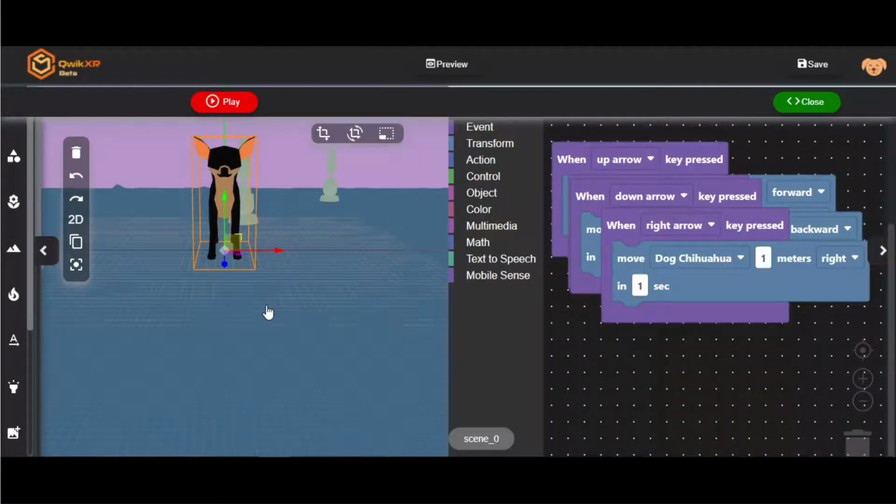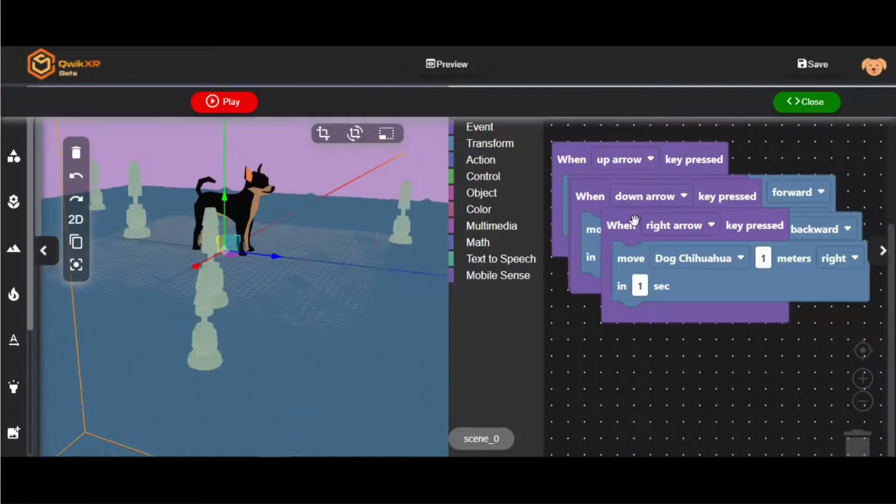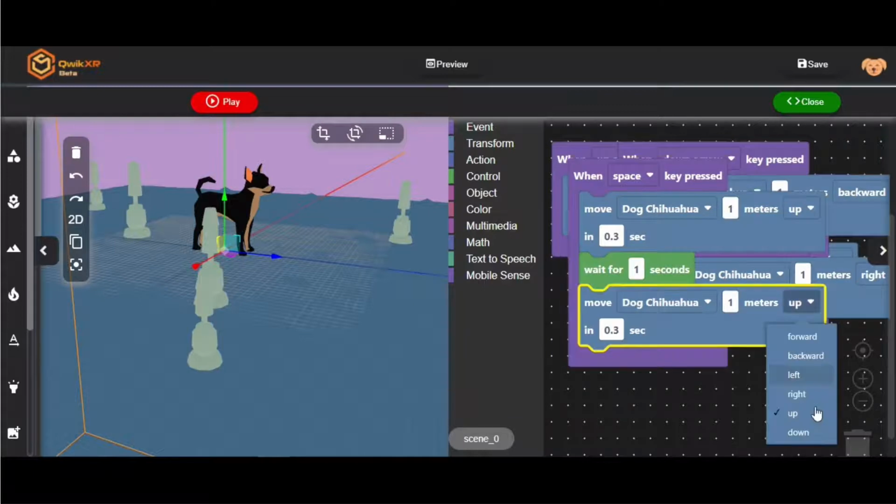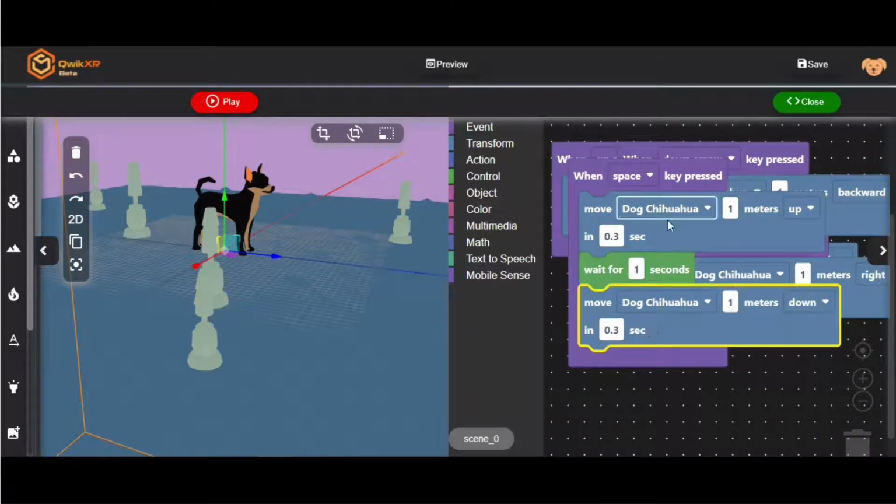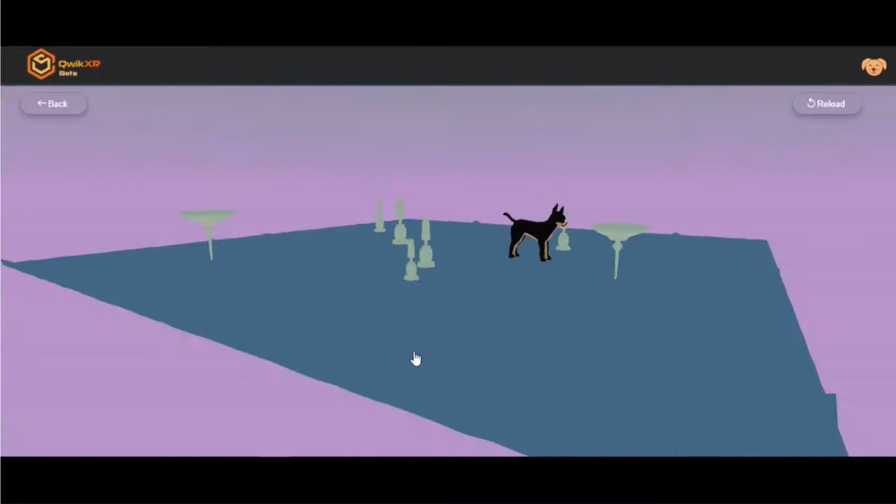So I am going to click and drag this right here. Now this area is where you place the scripts that you want to apply. As soon as we start running the app, the scripts that we attach to this are going to run. So let's go back to motion.